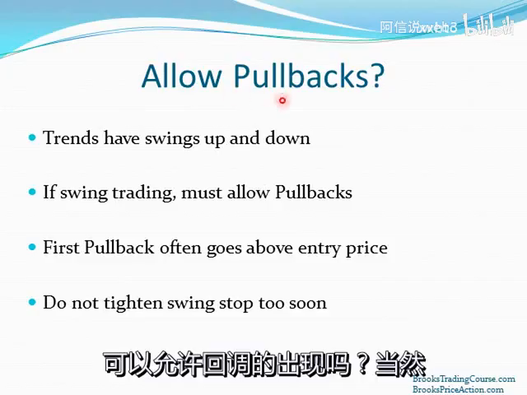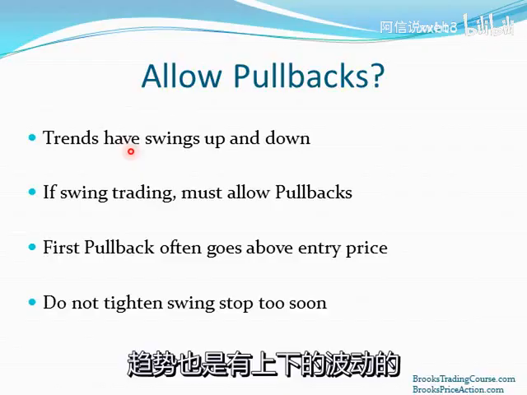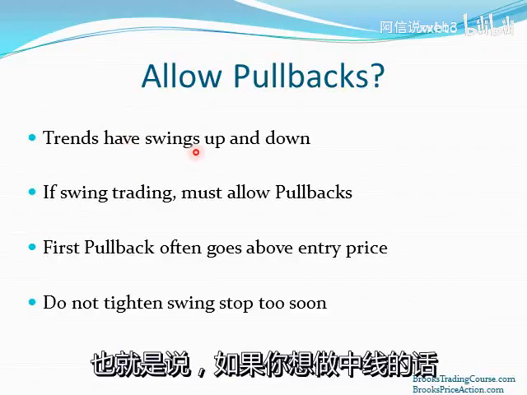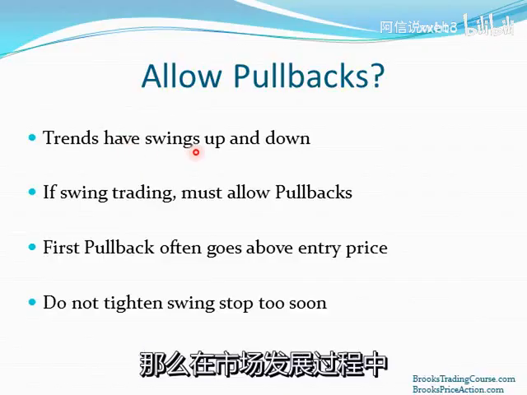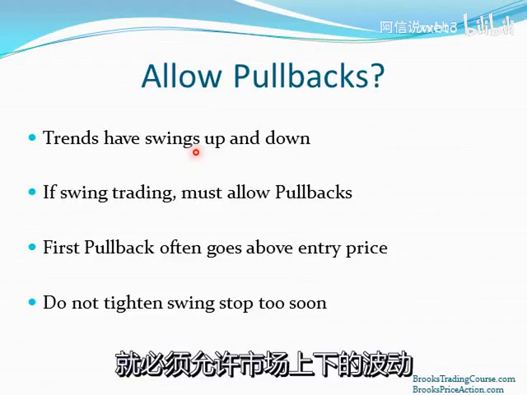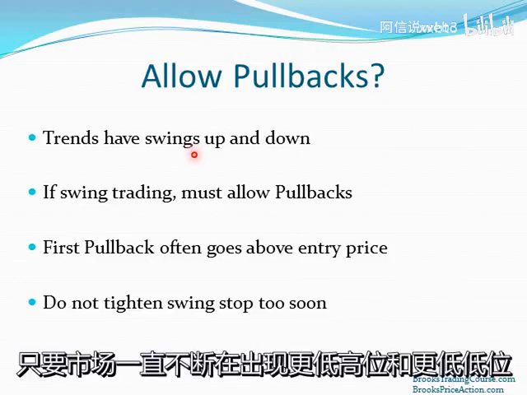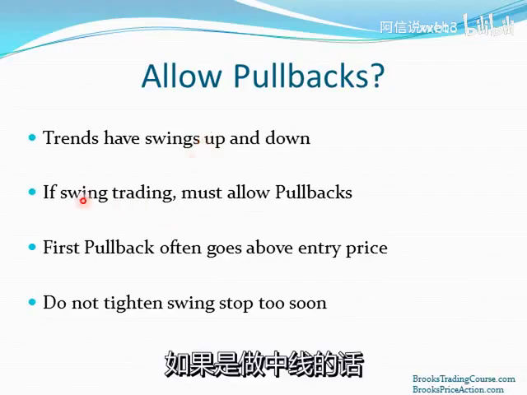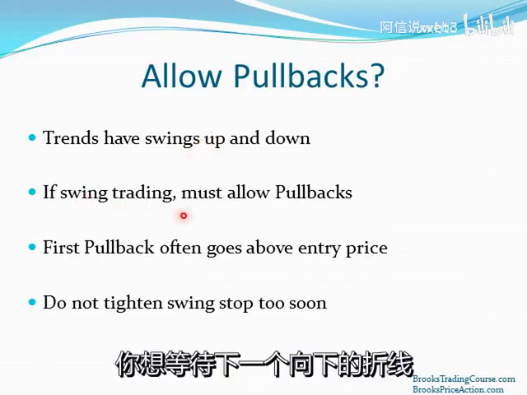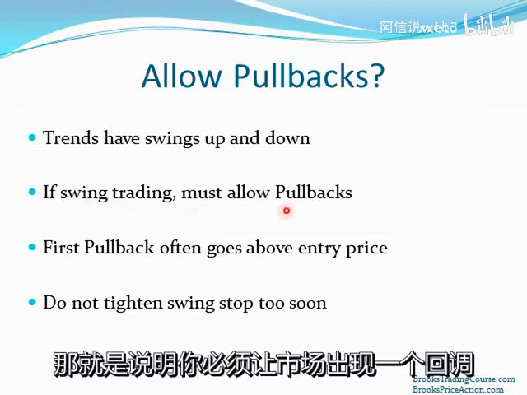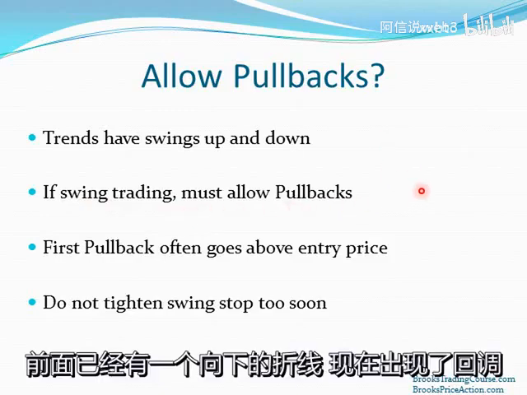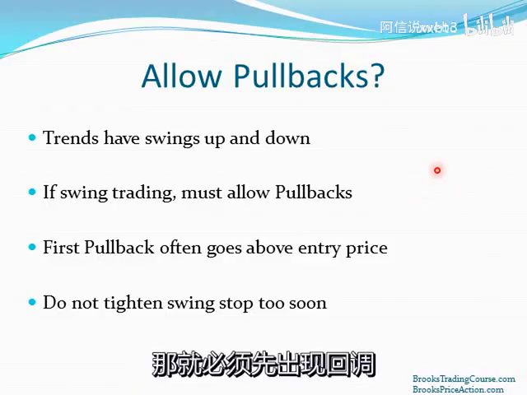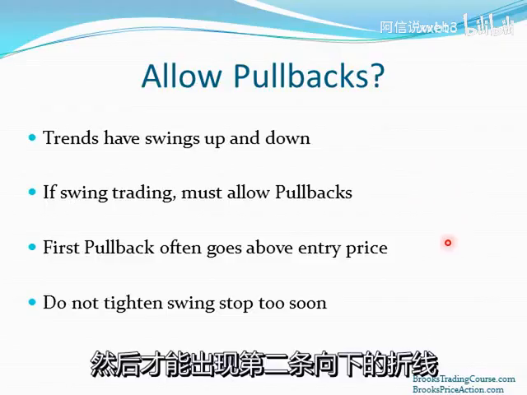Do you allow pullbacks? Sure. Trends have swings up and down. So that means if you're looking for a swing trade, you have to allow for some swings, some little bounces along the way. As long as the market keeps falling and forming lower highs and lower lows, the bear trend is still in effect. So if you're swing trading, you're looking for more than one leg down, and that means you have to allow a pullback. So you have a first leg down and then a pullback. You're looking for a second leg down, so there has to be a pullback, and then you get your second